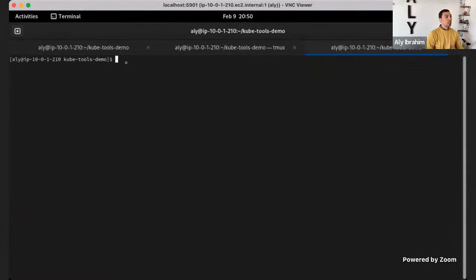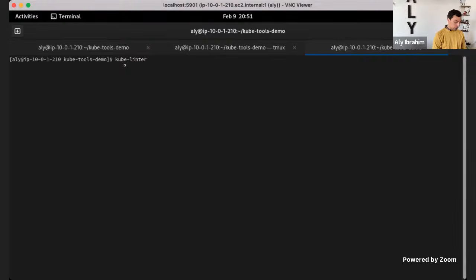So I showed you Popeye on K9S, which can do checks on the YAML files or on what's running on your cluster. But what if you want to check that before deploying it into your cluster? If you're developing your Helm chart or your YAML files, you want to make sure that you're adhering to those standards. So there is something called kubelinter, and kubelinter is also a tool that can be added to your pipelines, if you're using Jenkins or any CI/CD or anything like that. You can add your own rules to kubelinter, or by default it has some rules.